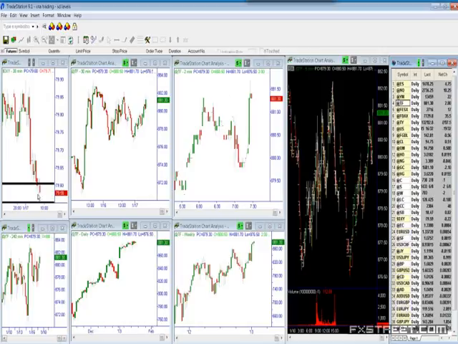Dollar continuing to just press lower into that, well, it's just kind of bouncing here, but notice no big move here in the dollar. In the Russell,